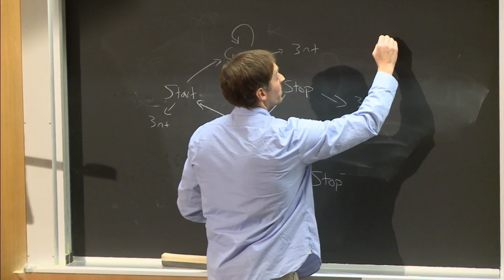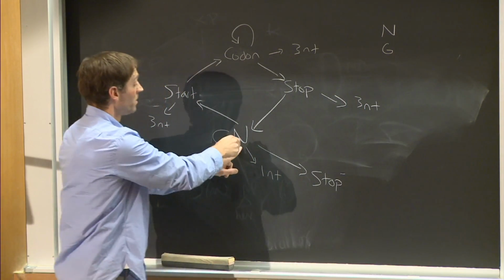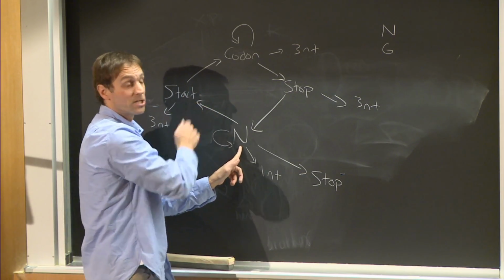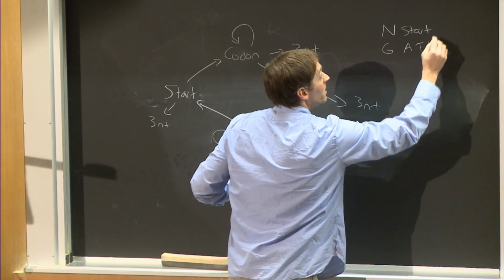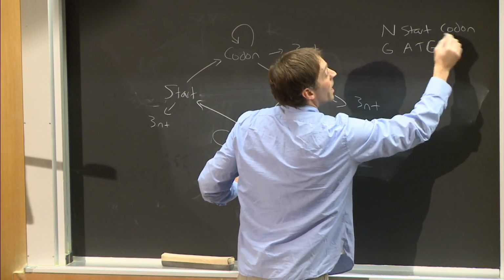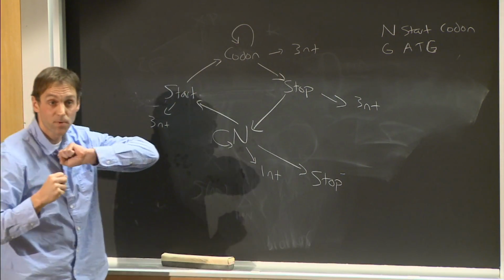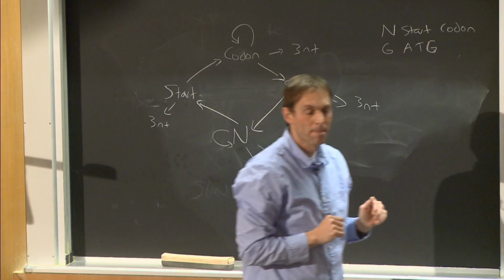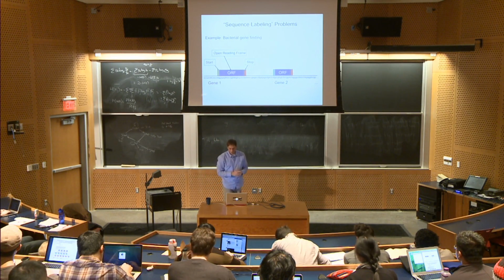it'll generate a label. So for example, let's say N, and then it'll generate a base, let's say G, and then you look at these probabilities, so the transition probability here versus this: you either generate another N or you generate a start. And let's say you go to start, and then you'll generate 3 bases, so A, T, G, and then you would go to the codon state. You would emit some other triplet and so forth. So this is a model that will generate strings of annotations with associated bases, okay? Still doesn't predict gene structure yet, but at least it generates gene structures, okay?